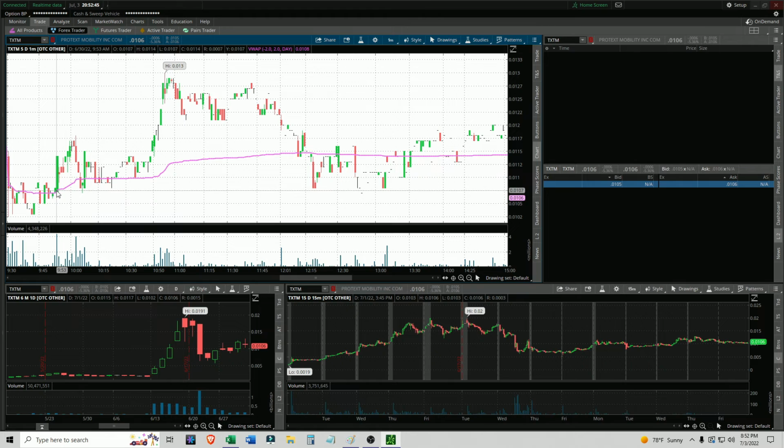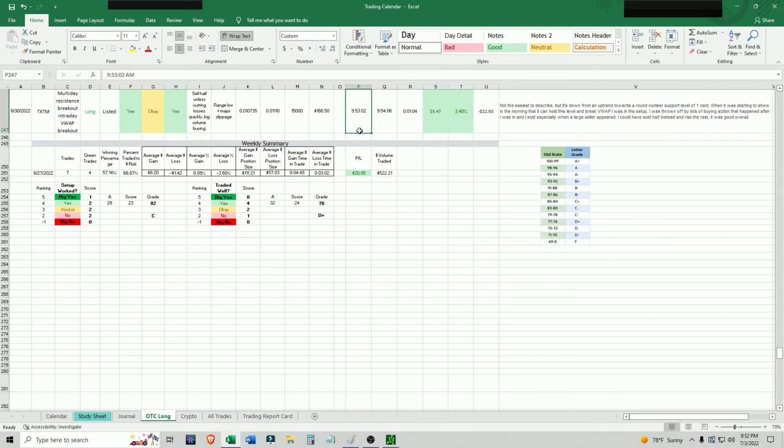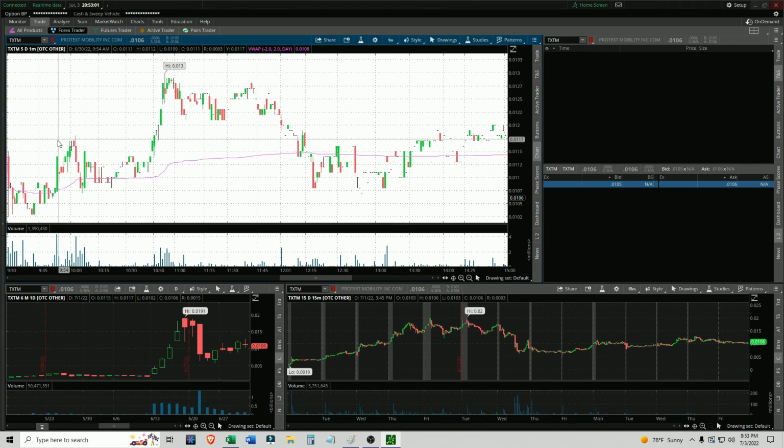And then once we were starting to break past VWAP, this is when the bulls are in the advantage because it's above VWAP. And I got in right around right there. I think I got in at 953 at 10.735. So 953 right here at this 10.7 level is when I got in. Right when it looks like, again, it was keeping its distance from 1 penny. It's overall uptrending and holding this level, and then it's breaking past VWAP, and I got in at this 10.7